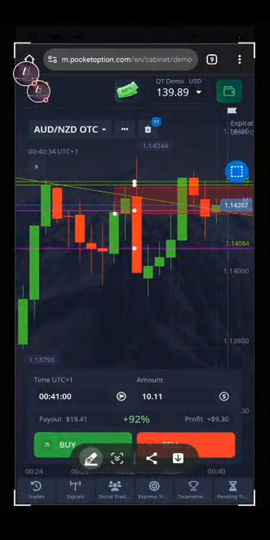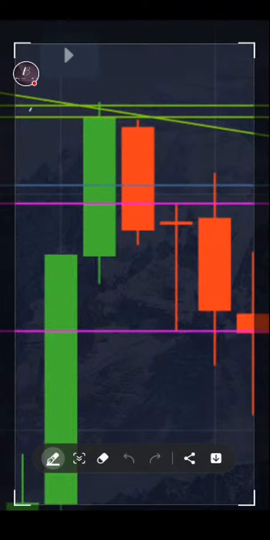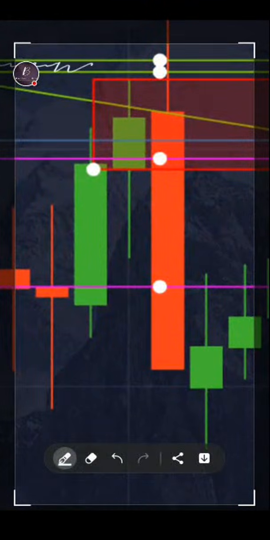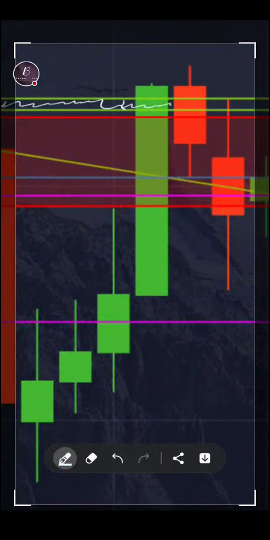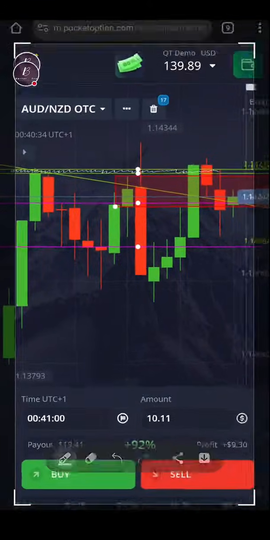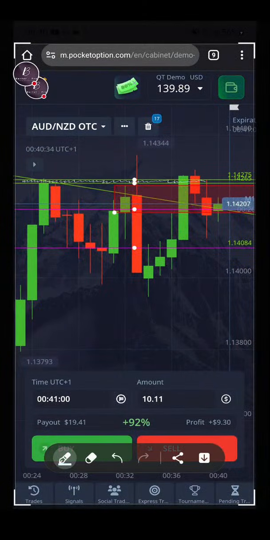Now, let me explain this trade quickly, guys. There's a strategy called first touch. It's called touch breakouts. So let me mark it for you so that you can see it. This is a level. I'll mark the active zone of the level so that you can see it clearly. This is the active zone of the level. I'll label it properly. It's very easy to see if I mark it like this for you. Now, the strategy states that when you have a level like this and price comes down and